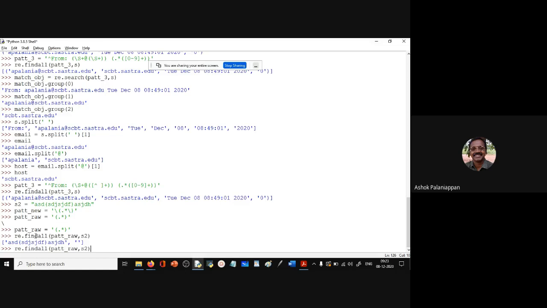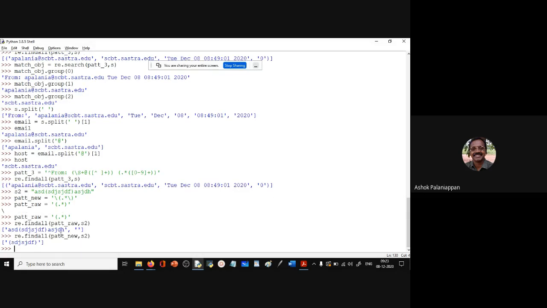So what we really want to do is extract what is there within the parentheses in the original string. So now you see the pat_new, which actually specifies the parentheses, so that is being matched. Now suppose I want to get only what is within the parentheses, not the parentheses itself. So then how can I modify the pat_new? Anyone?